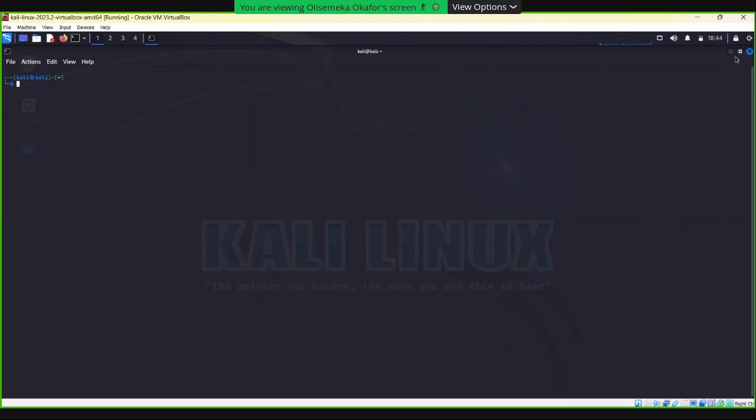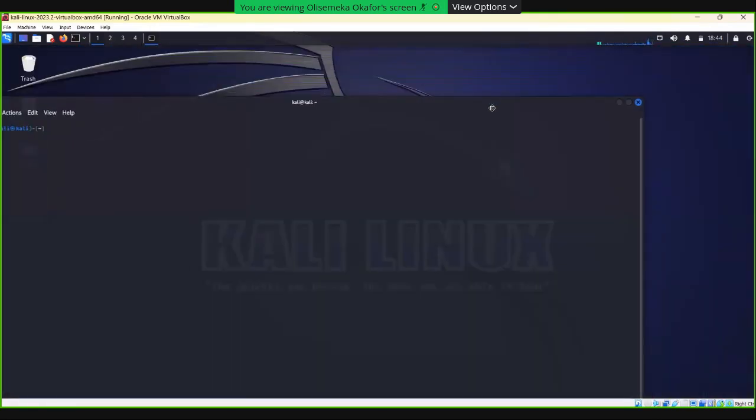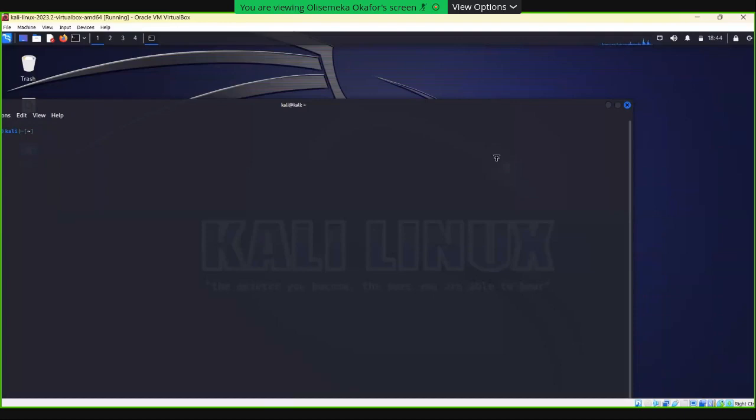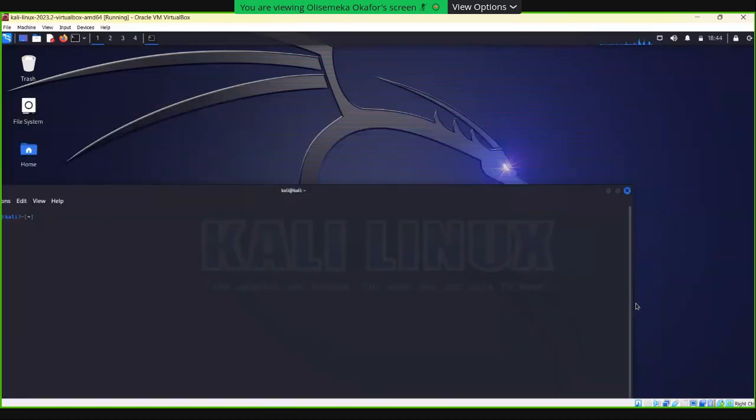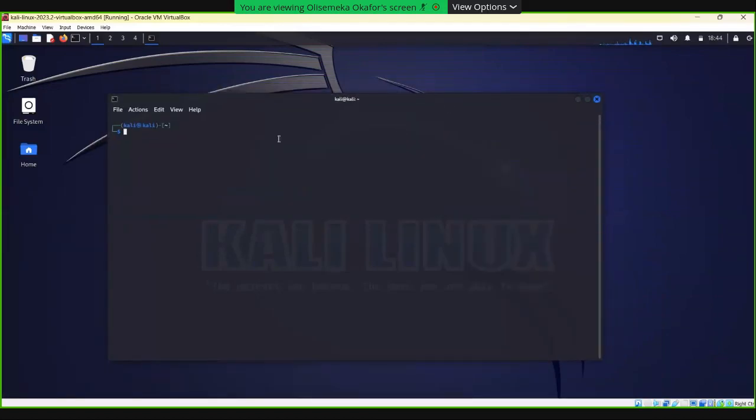We're currently in the terminal. You see my screen, right? Yes. Let me see if I can reduce that. Yes, so you know that this is an application. So we're in the Kali Linux operating system, and this application in the system is called the terminal. And we get here by clicking on this. We click on this and then we open our terminal. Now there's so many cool things we can do in our terminal.